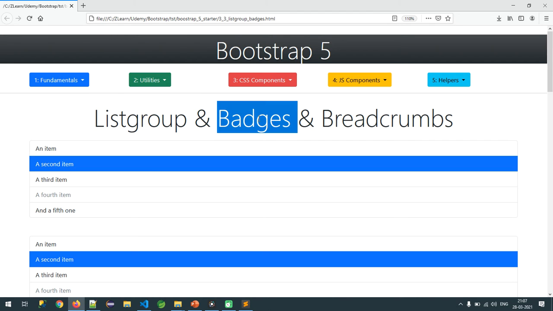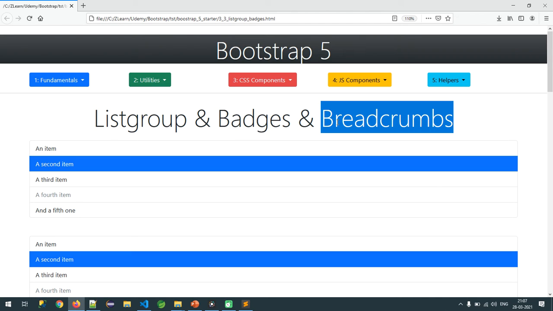To display some real-time information about the current item, we are going to use a badge. To display the navigation hierarchy for the current web page or website, we are going to use breadcrumbs. I hope you understand, and please practice it, and thank you.